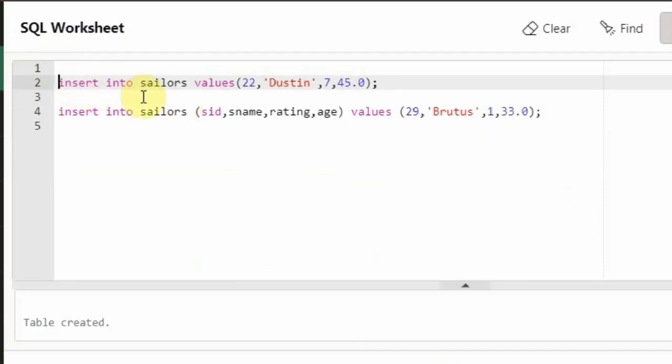See here friends, I have used the insert command. I said insert into, so this is the syntax. The syntax of the insert command is insert into table name, then values. Values are nothing but the values that you want to associate with the column names. So I am saying insert into sailors values, and these are all the tuple values that I want to insert. For SID I have given 22, for SName I have given Dustin, that's the name of the sailor, and 7 is the rating, and then 45 is the age of the person. So this is one kind of insert command I'll be using. So let me show you executing this insert command.